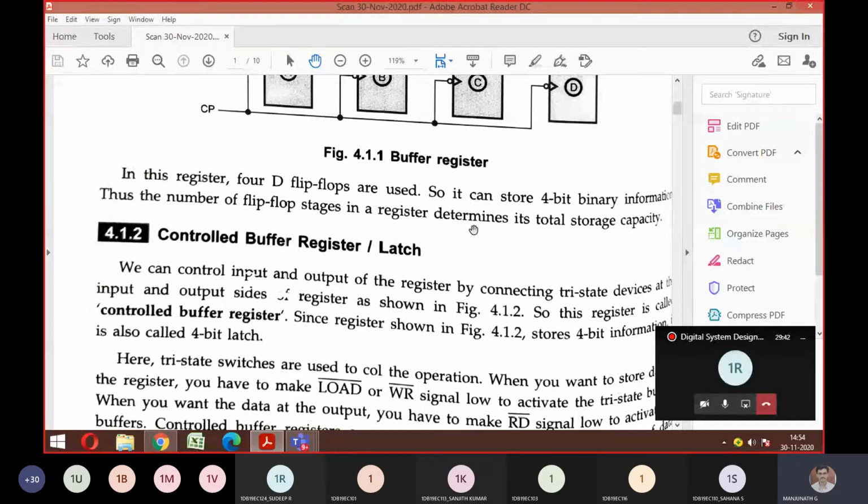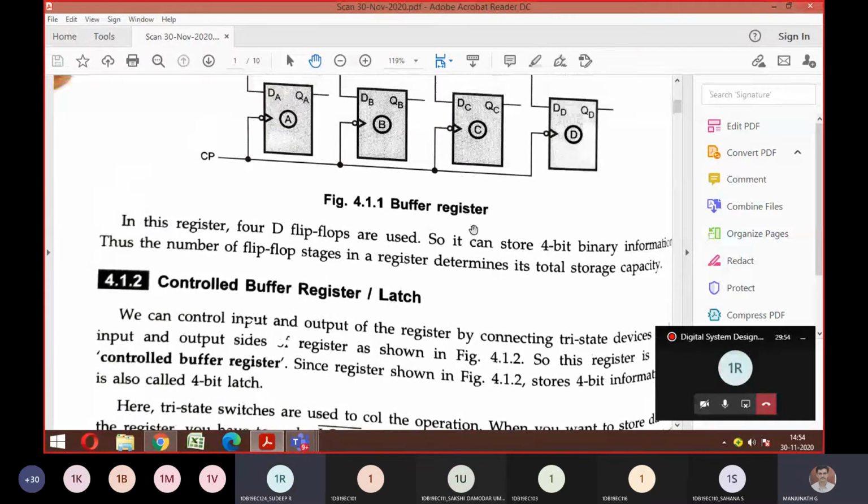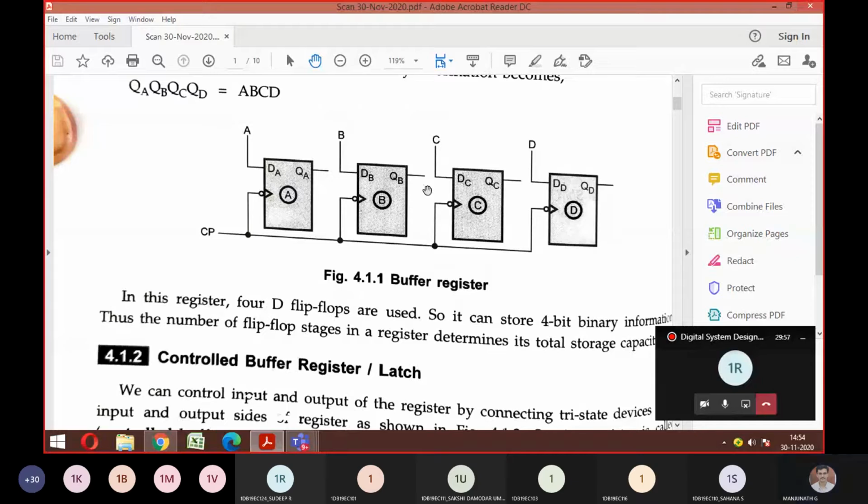After understanding the logic of register, let me add the word shift register. In general, what is the meaning of shifting? Moving. Look at this carefully. In the concept of buffer register or control buffer register, there were 4 separate inputs, correct? And there was no connection between the registers. Look at the diagram. Is QA connected to the second block, or QB to the third block? Is there any connection between QA, QB, QC, QD? No, individual.